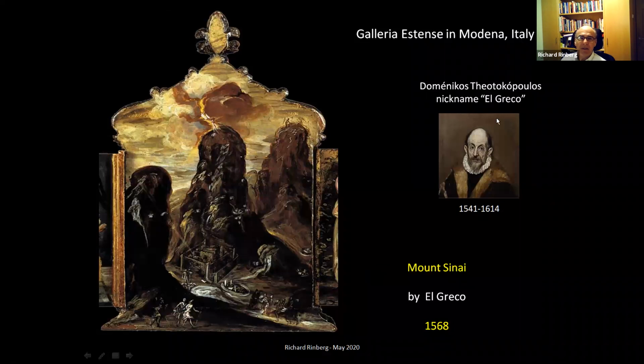So Dominikos Theotokopoulos, El Greco, the Greek, on Mount Sinai. This is from a triptych. I've cut off the other parts of it, and you can see Mount Sinai. Here's Santa Caterina, for those who, as I did many years ago now in the 70s, went down to Sinai and saw Santa Caterina at the bottom of Mount Sinai. And here at the top, just remarkable. You can see the energy coming out of heaven, the flashes of lightning, the luchot. You can see Moshe, you can see some angels here. It's just a remarkable piece of work.